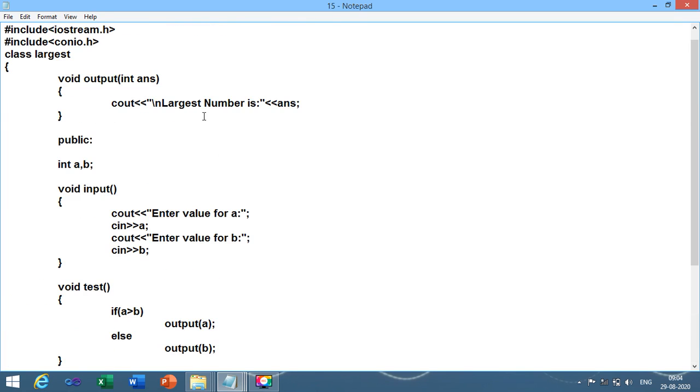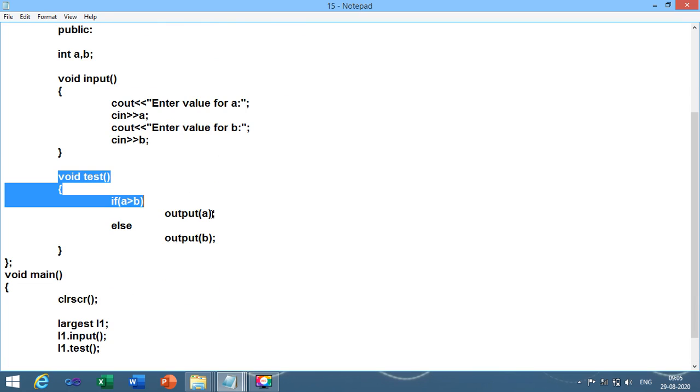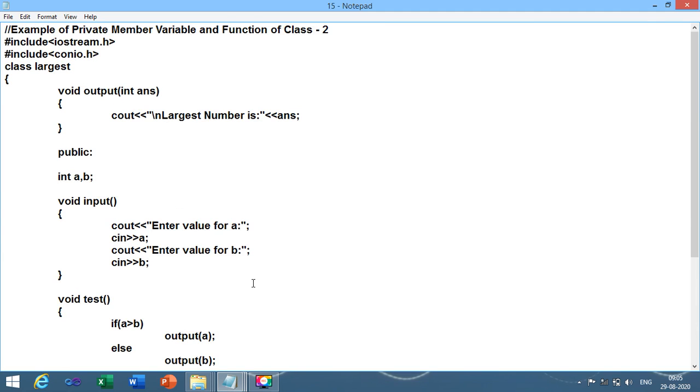L1.output function you cannot call, but definitely test is a public function of class largest, so with the help of the public method we can call the output method, as it is declared as private. Program number 17.